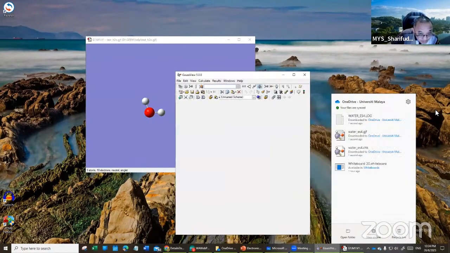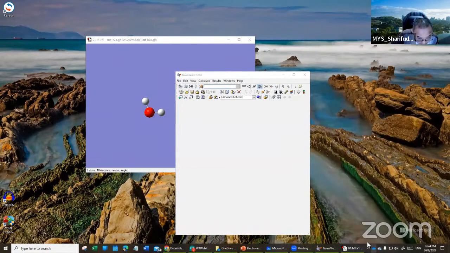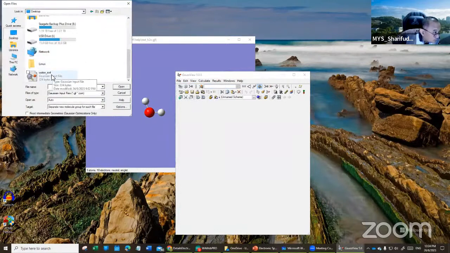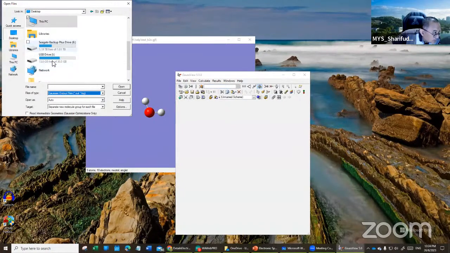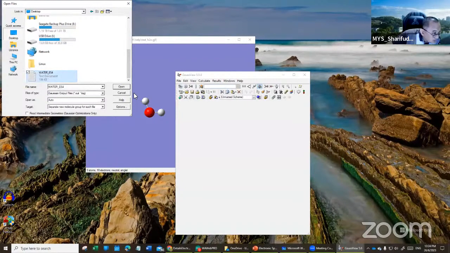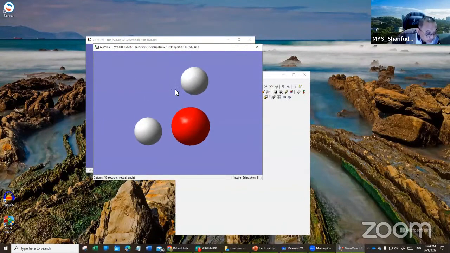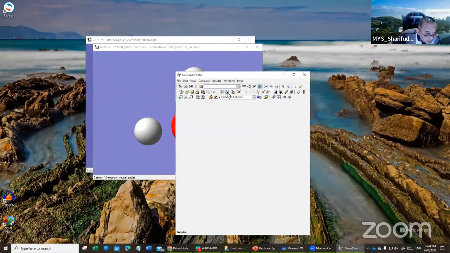Okay. Desktop. Look at the log file. Okay. Right. No, there should be a bond there. Anyhow,